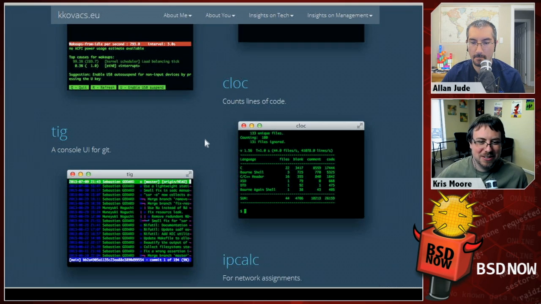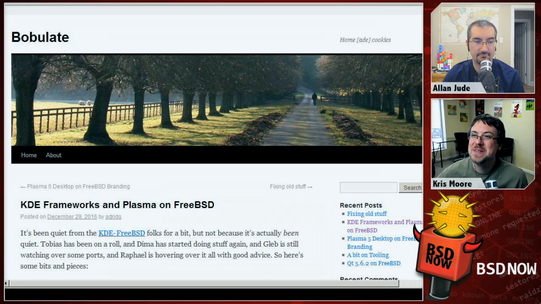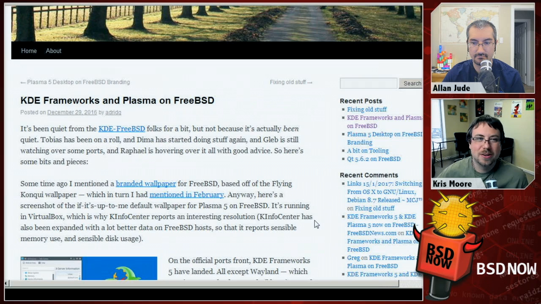Okay, well, yeah, definitely a good list of them here. Take a peek at those. Maybe some of them you'll know, some you won't, just like us. Oh, TIG, T-I-G, which is Git backwards. A console UI for Git. Okay, I did not know that was a thing either. Very cool. Okay, next up we have KDE frameworks and Plasma for FreeBSD, and we have a little blog post